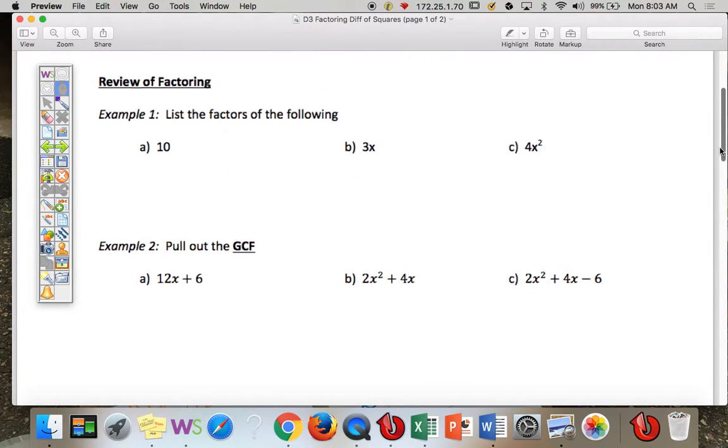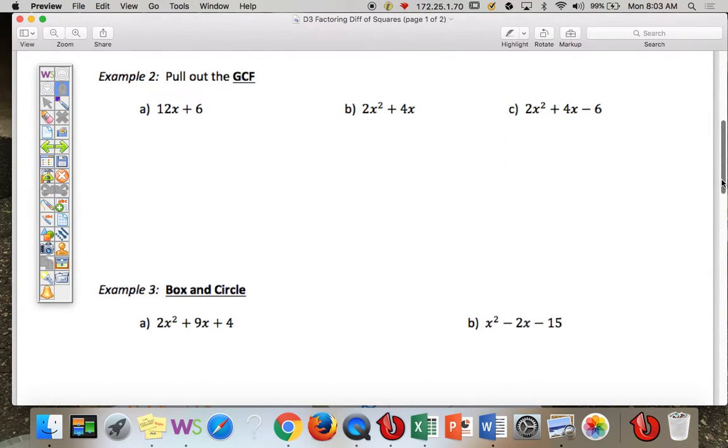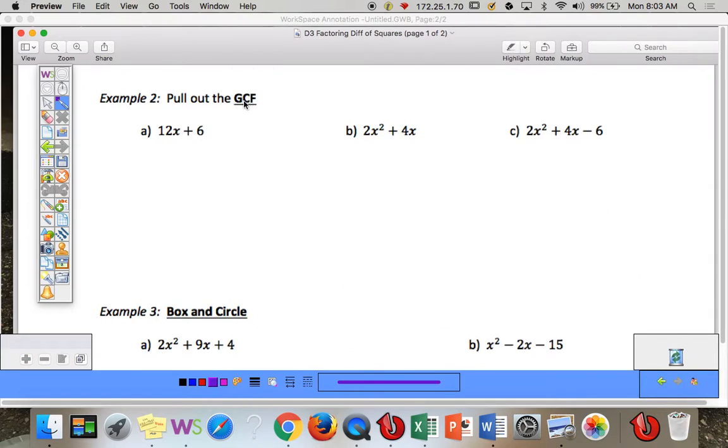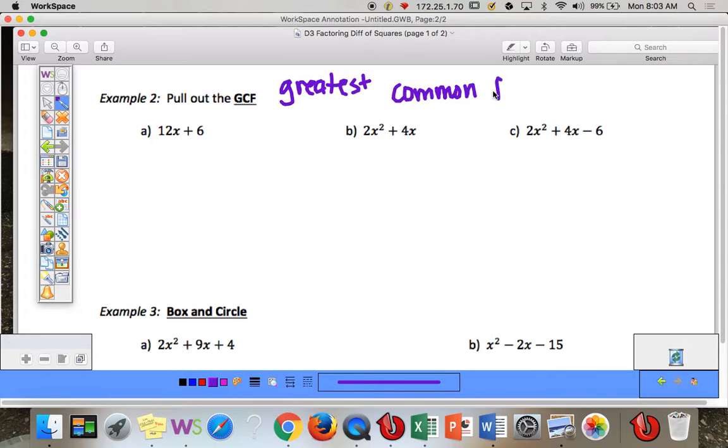So there are three ways of factoring. Yesterday we looked at two of them. The first was pulling out a greatest common factor. So GCF again stands for greatest common factor. A greatest common factor, you look at your terms. A term is each item in your expression that's separated by the plus or minus. And you look at each term and decide what's the biggest number or letter that you can divide out of